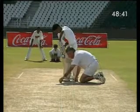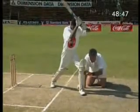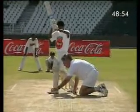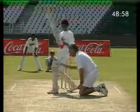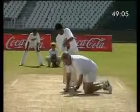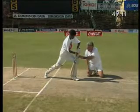What about Andrew padding up outside off stump? He pads up. The ball pitches here. It turns in and hits there. Well, is it going to hit the stumps? That's the question you've got to ask. Is the ball going to hit the stumps? You must ask that. The final consideration is Andrew's playing forward, or even back, but playing forward, and the ball pitches a little bit further away, and it bounces and hits him above the roll, the 3 rolls on the pad. Ask yourself